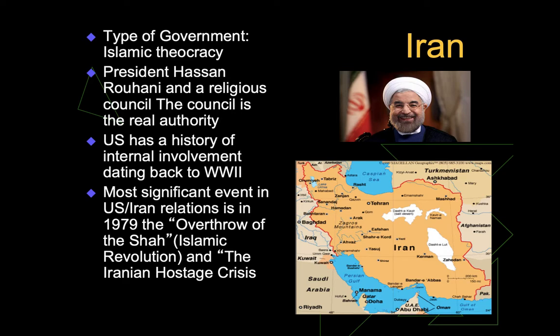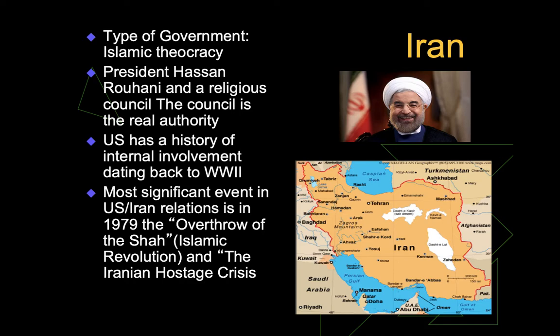U.S. relationships with Iran continued after World War II because of the beginning of the Cold War. And once again, Iran shared this border with the Soviet Union. So the United States then wanted a nation that was friendly to us and opposed to the communist regime in the Soviet Union. So once again, we stayed involved in Iranian politics, and we kept their government from coming under control of a socialist system.